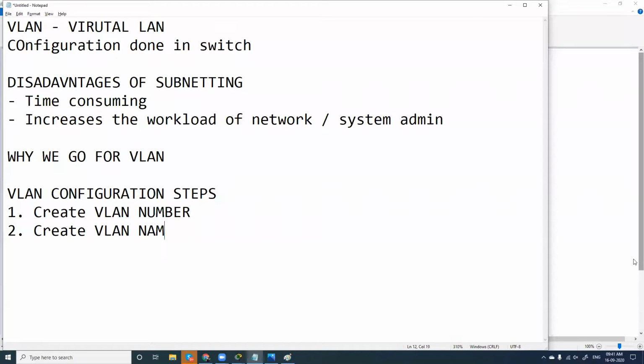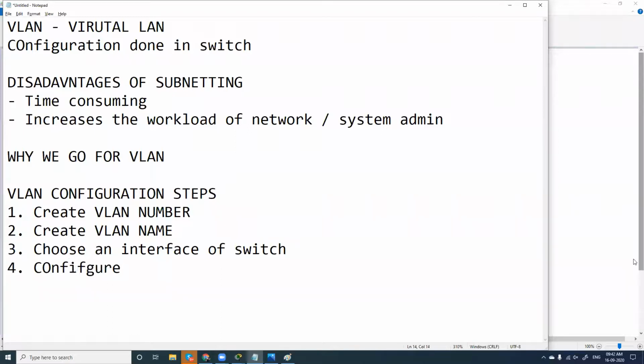I'll tell you what is VLAN number, VLAN name. Third step is to choose an interface of a switch. We have to choose an interface of a switch. Then we have to configure the interface.